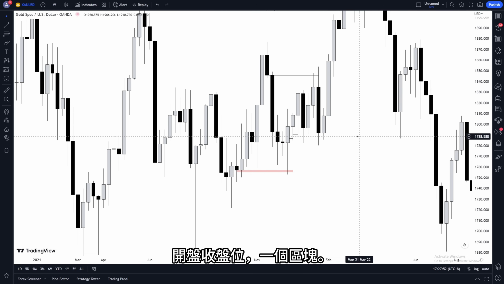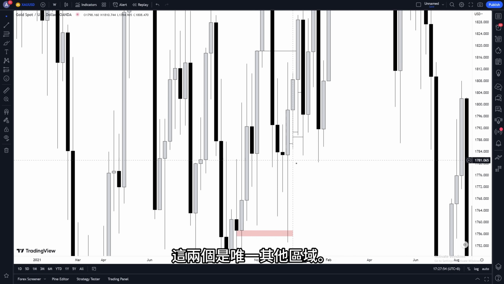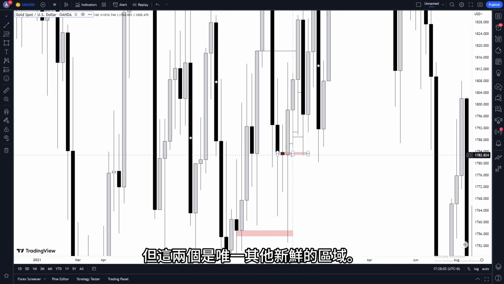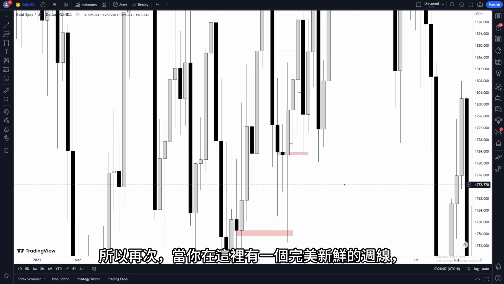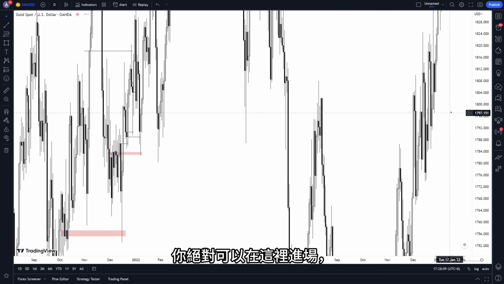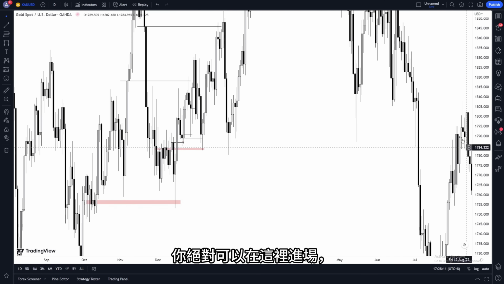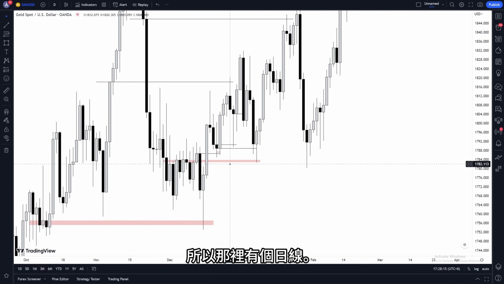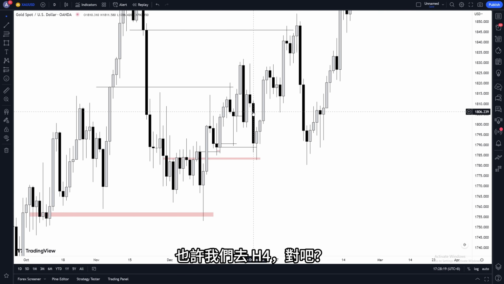Where are areas that we can look into? The only other fresh area is these two. Excuse me. These are the only two other fresh areas. Open close, apex. These are the only other two areas. Yes, we do also have dailies for sure, right? But these are the only two other fresh areas. So again, when you have a perfectly fresh weekly over here and you have a bunch of dailies above, you